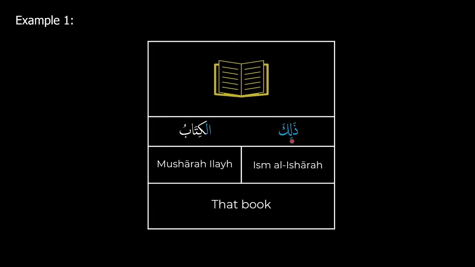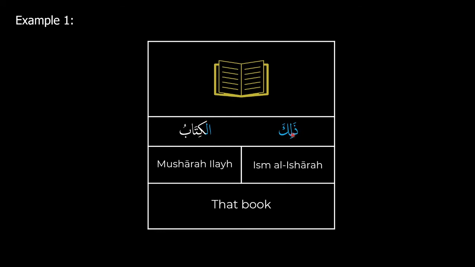Here we have dhalika al-kitabu. So dhalika is our pointing word, which is the ismul ishara. And then we have al-kitabu, which is the word we're pointing to. For this to be the mushara ilay, it needs to meet a few conditions. It must begin with an al, which also means it's definite. Second, it must come right after a pointing word, which it does. And then it must match in gender, number, and status, which it does because